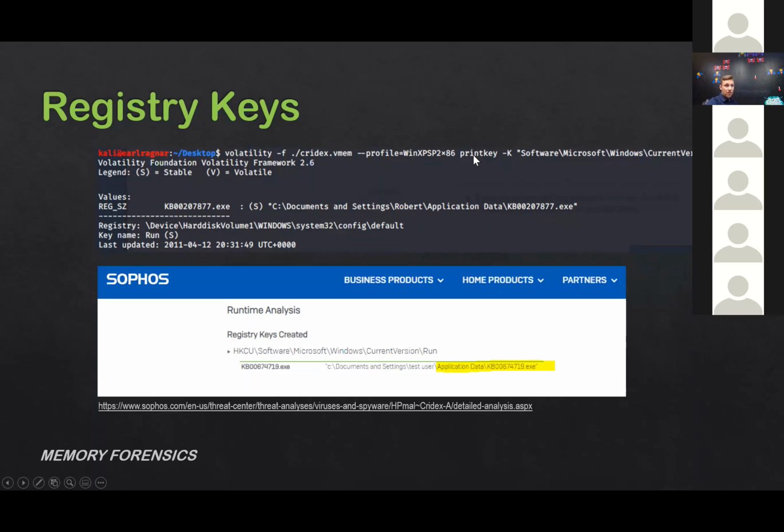And what I would like you to do is print the key of software Microsoft Windows current version run. In another life, I have developed malware, and one of the big processes of malware is persistence. And what persistence involves is writing to your registry to have a local file run every time you log in or every time the Windows process is instantiated. So what you see is a lot of times malware authors will write a key,